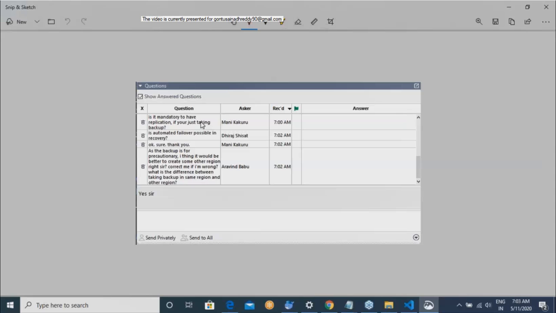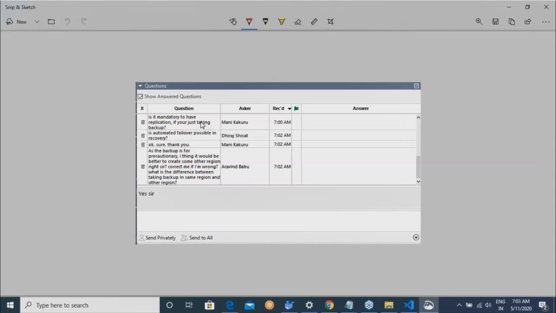As the backup is precautionary, I think it would be necessary to be in some other region. No, not required, because all of this data is actually stored in storage accounts. Whenever the data is stored in the Azure Vault, you will have SLAs, so you need not worry about that.